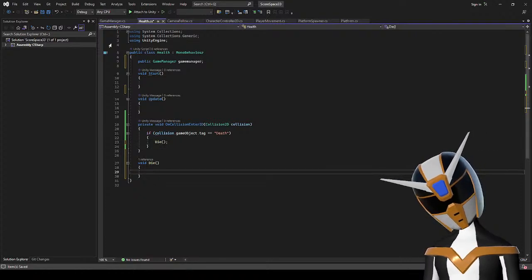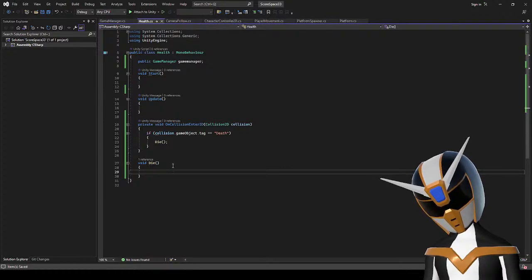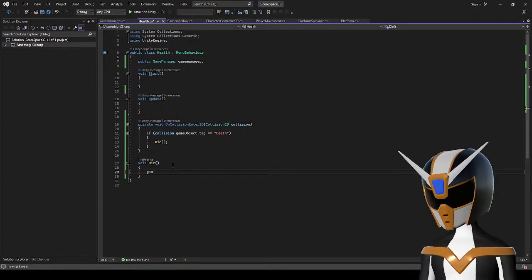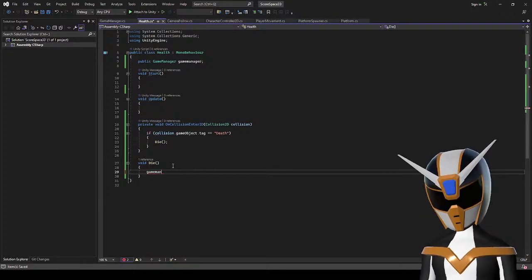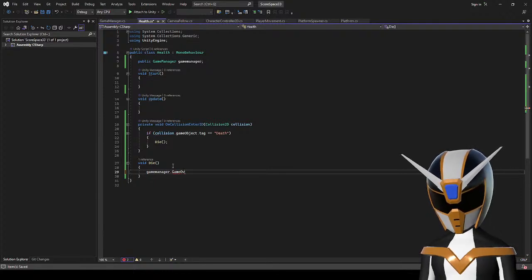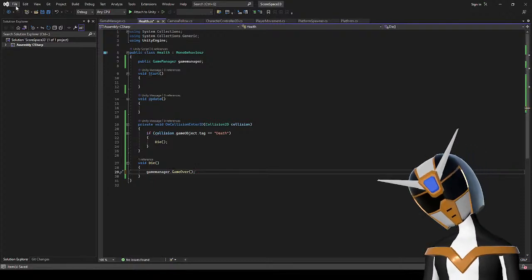But right now, I'm just going to have this. At the moment, it's unnecessary, but if I add health, then it won't be. And then I just need to go game manager.game over. Boom. Done.